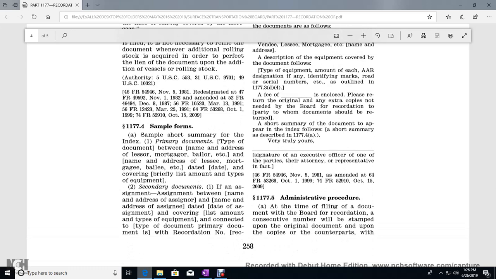1177-4, sample forms. Sample short summary of the index of the primary document: type of the document, the name and the address of the lessor, of the mortgagor, of the bailor, et cetera, dated the date, with a covering brief list of the amount and the type of the equipment. For the secondary documents, if an assignment, the name and the address of the assignor, name and the address of the assignee,